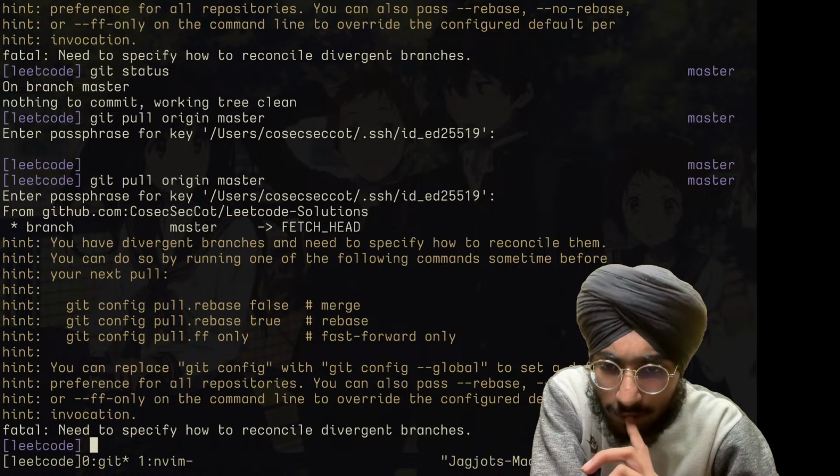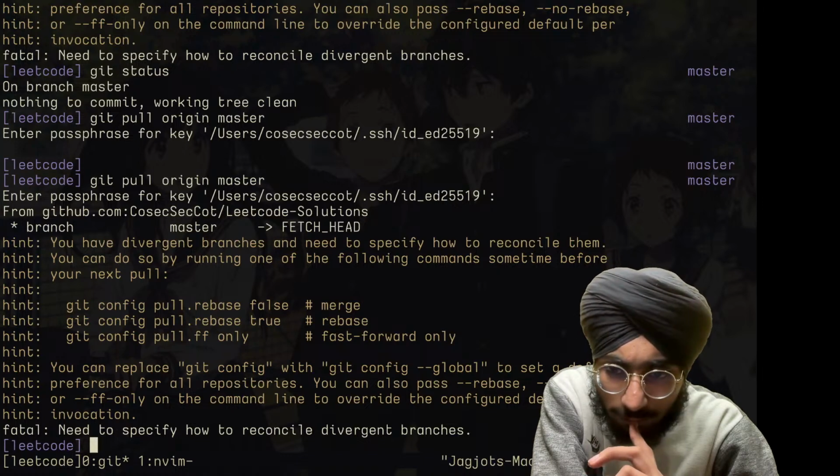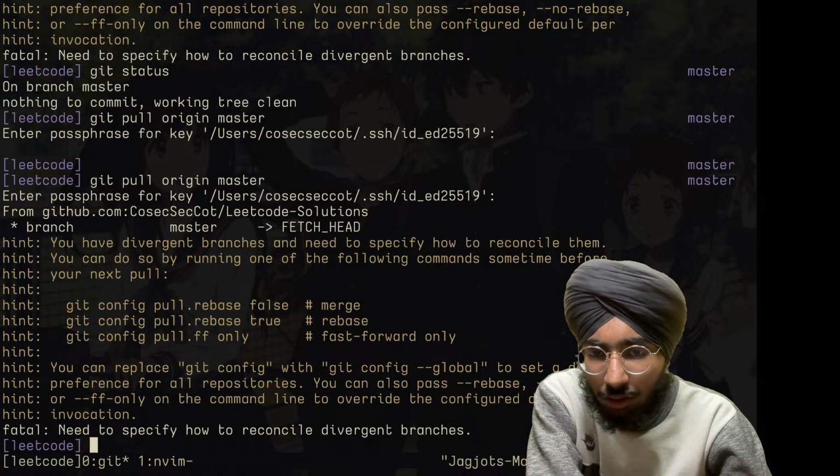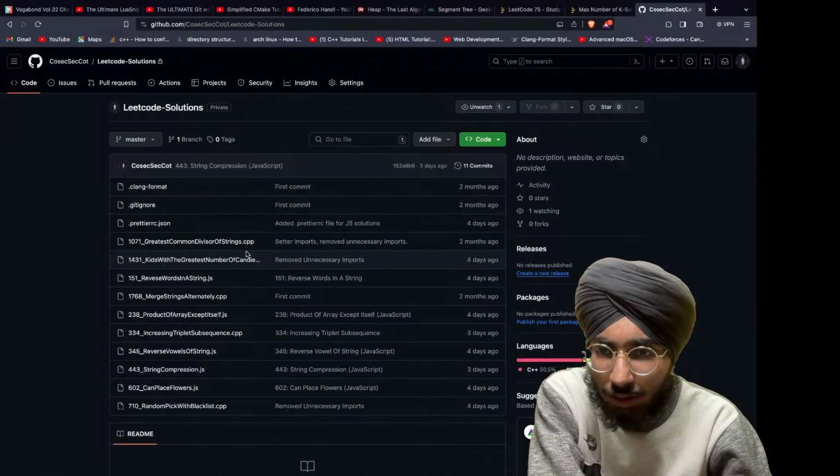You can replace git config with git config --global to set the default preference for all repositories, and also rebase. Okay, I don't know what that is, but